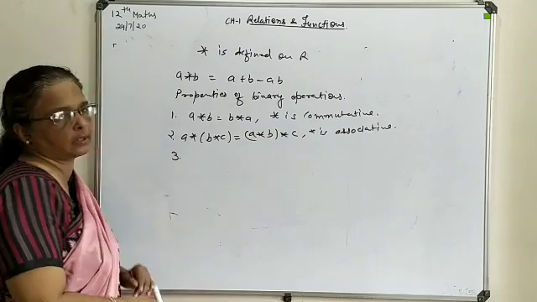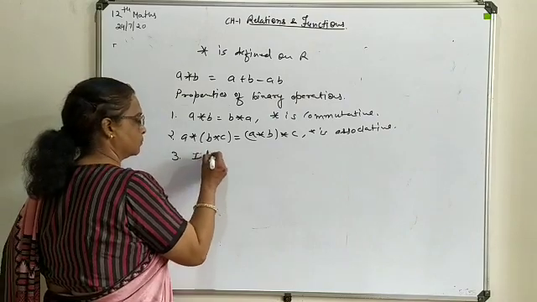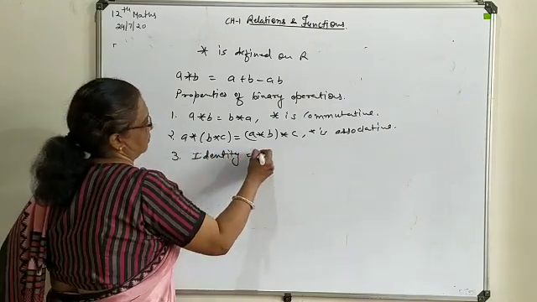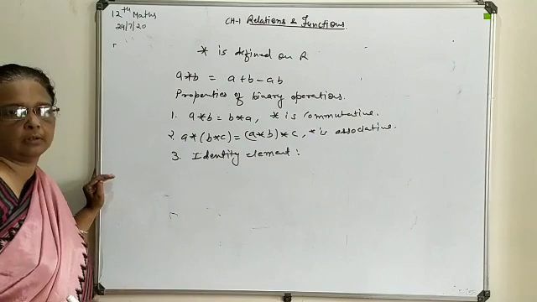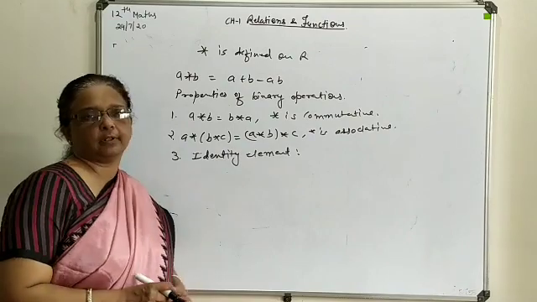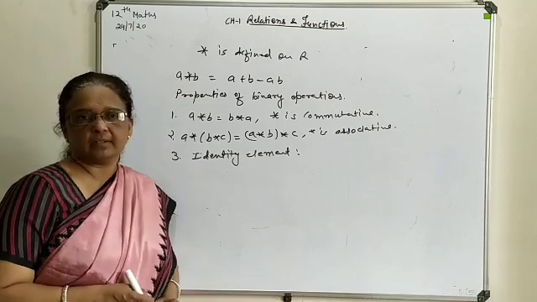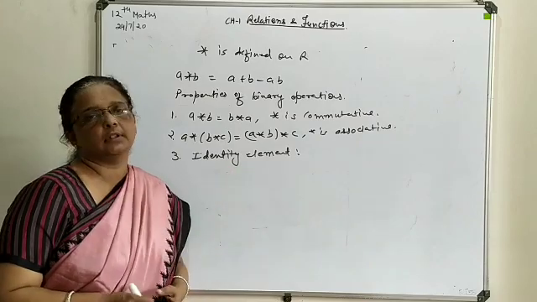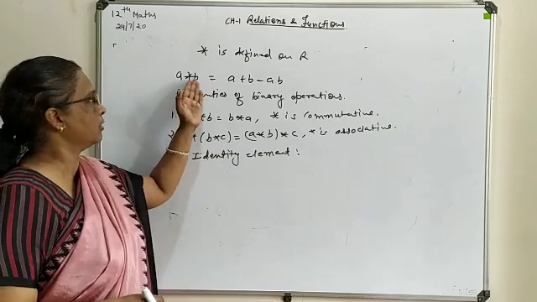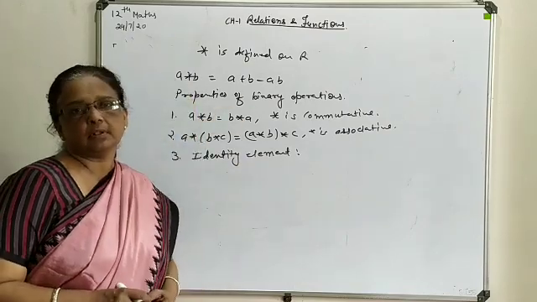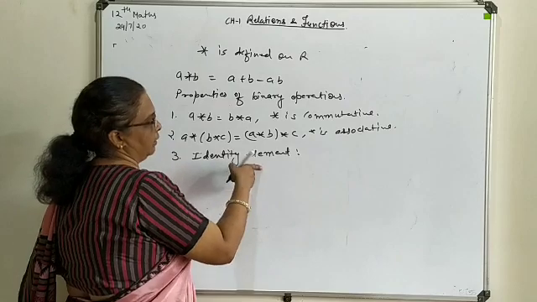Third, and the important task, is the existence of the identity element. That we will evaluate. For addition and multiplication we have identities: for addition the identity is 0, and for multiplication the identity is 1. So here also we have to find one identity element, which can be considered in such a way that if we operate on any element, we again produce the same element. So this is the relation you have to maintain for evaluation of the identity element.